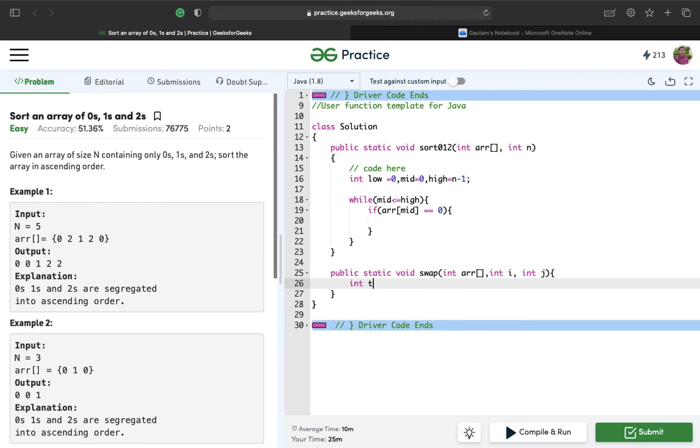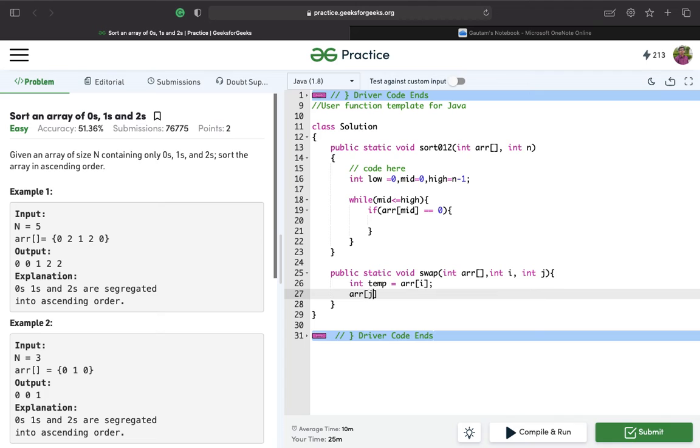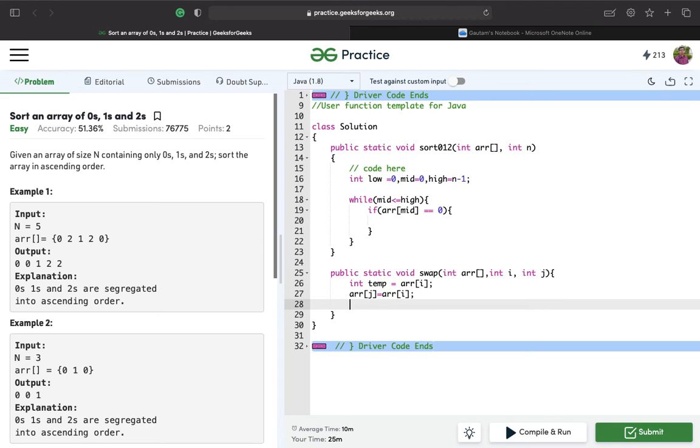I'll create a temp variable, and then assign ARR of j. Oh, I made a mistake, ARR of j, right?